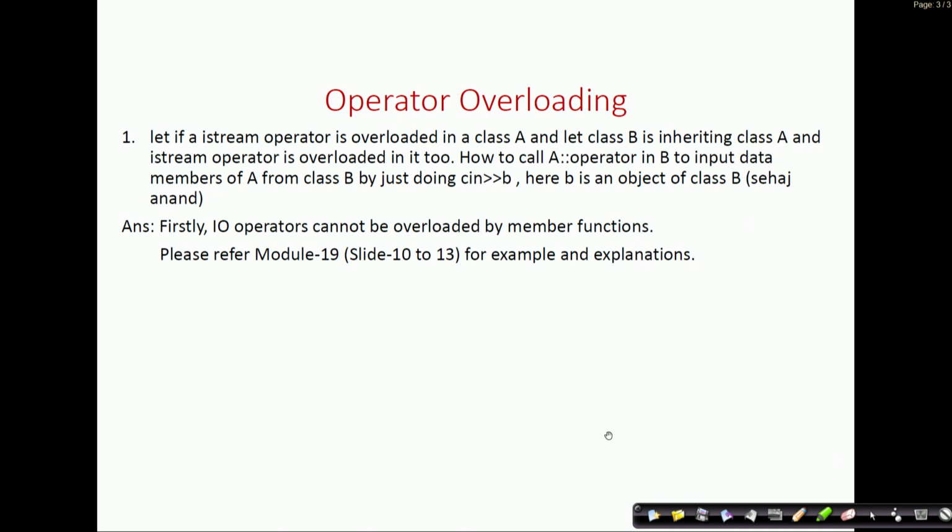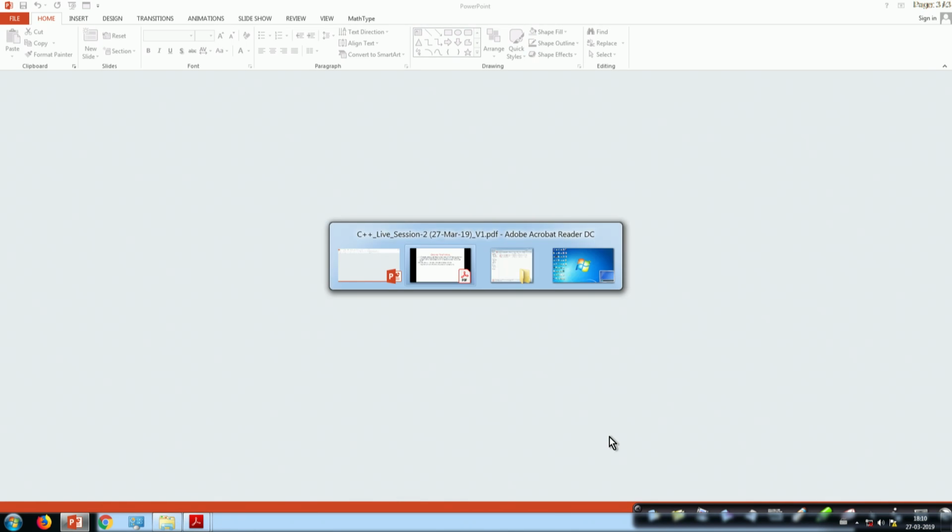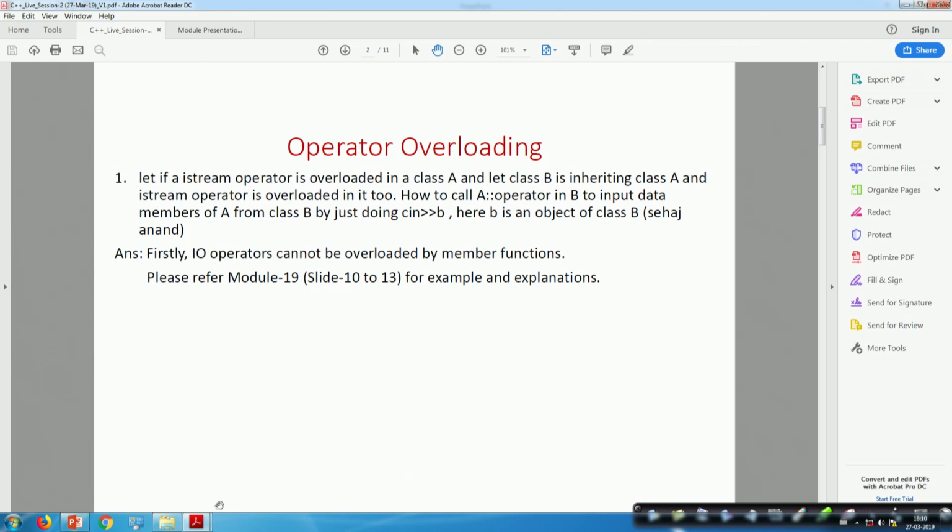Now, I think you are getting the context a little bit wrong, because we will have to look at how actually the IO streaming operators are realized, overloaded for classes. They actually cannot be overloaded as member functions. So, what I will do, I will just go out of this and take you to the